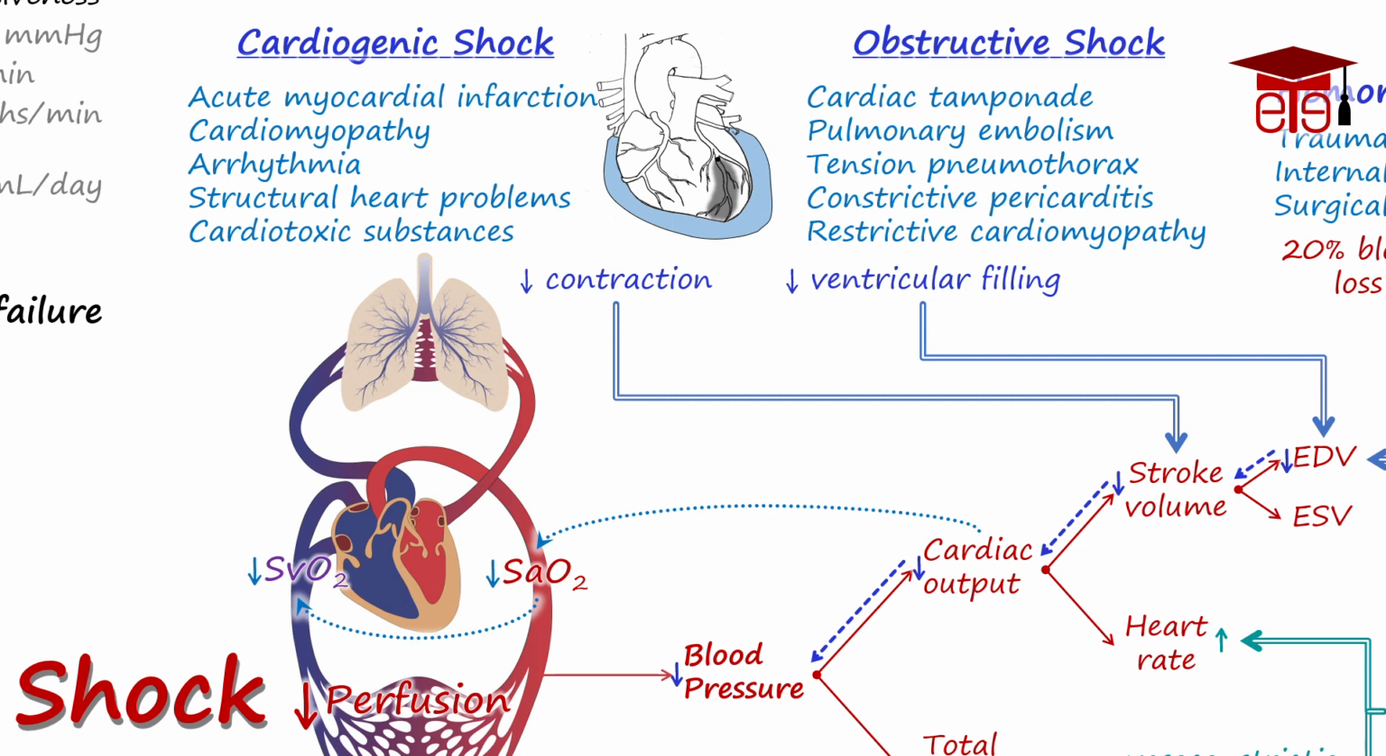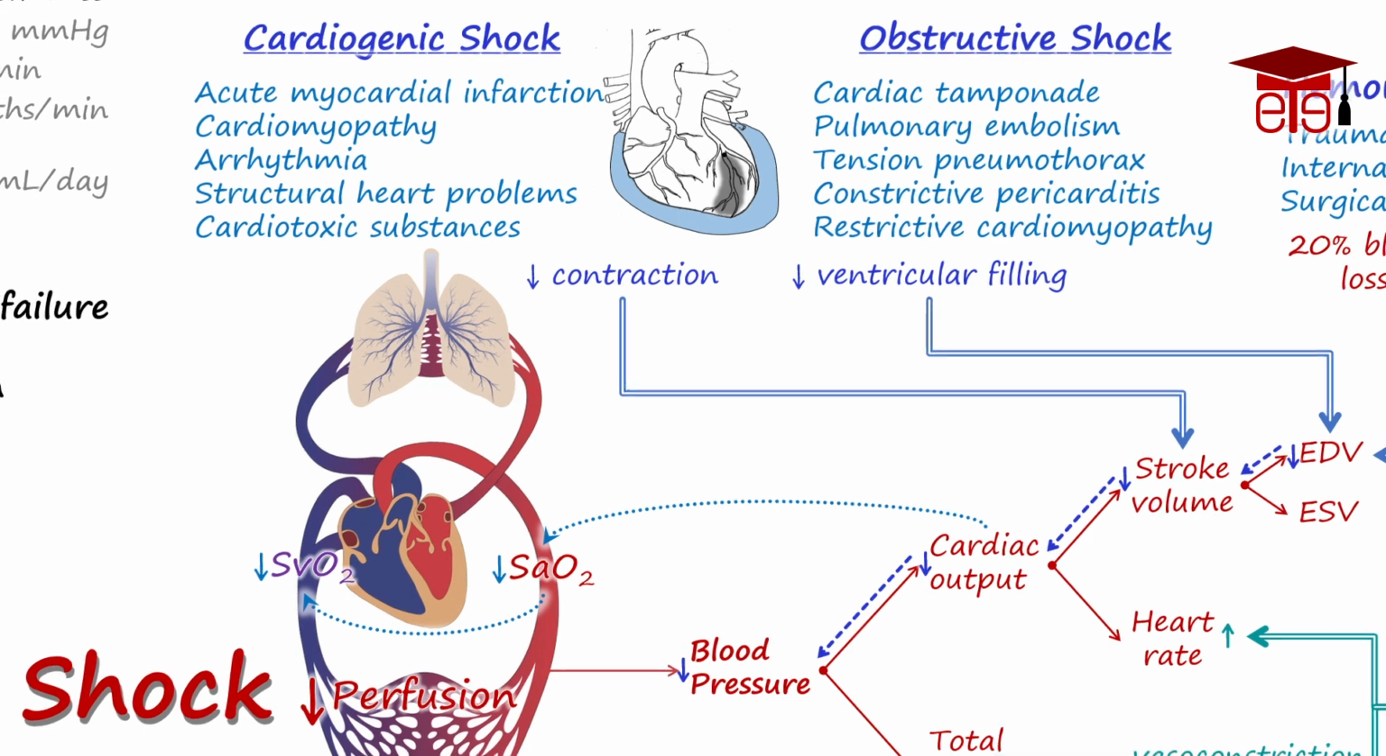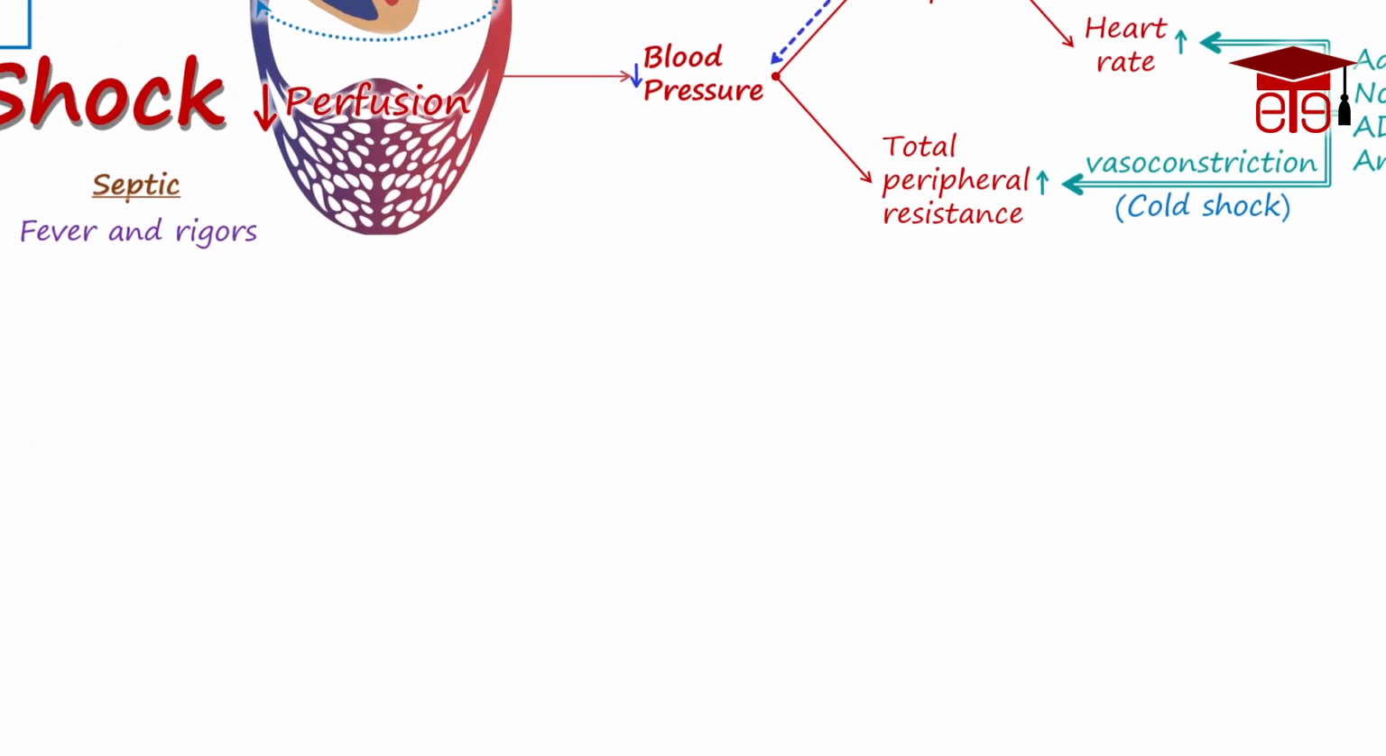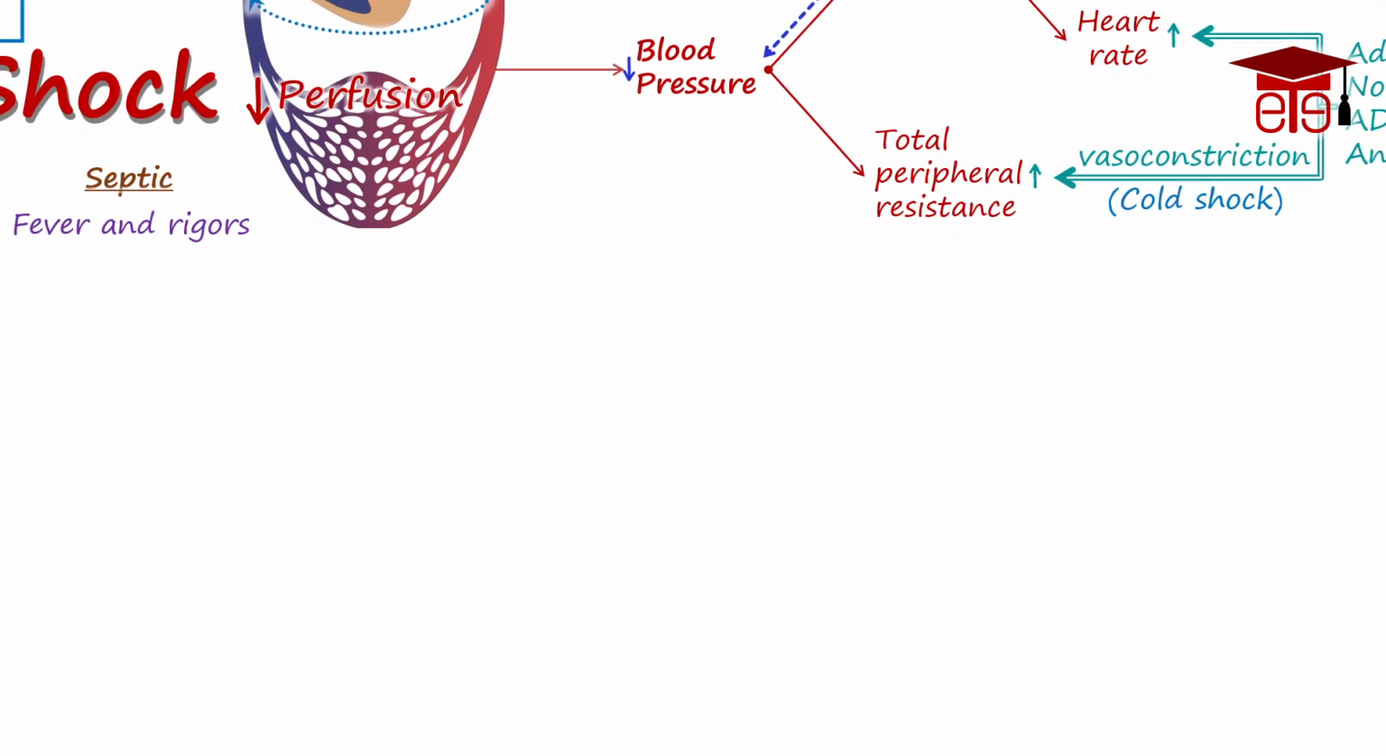Symptoms typically include cold and clammy skin, so it is also a cold shock. Like hypovolemic shock, SvO2 also decreases in both cardiogenic shock and obstructive shock, as cardiac output goes down and less oxygen is delivered to tissues. The final type of shock is distributive shock. It involves excessive arterial vasodilation and increased vascular permeability, leading to decreased blood pressure and inadequate perfusion of organs and